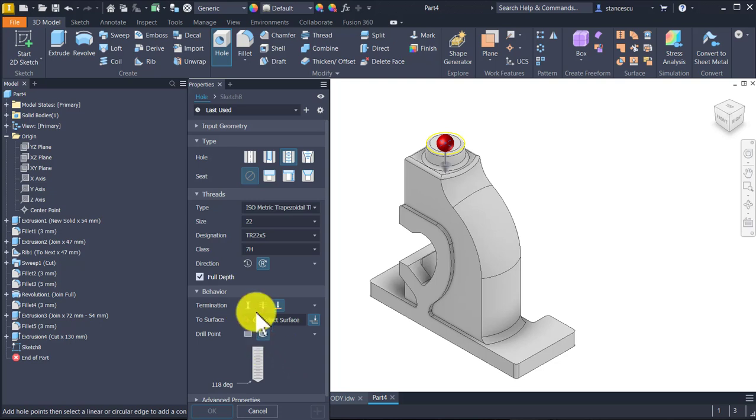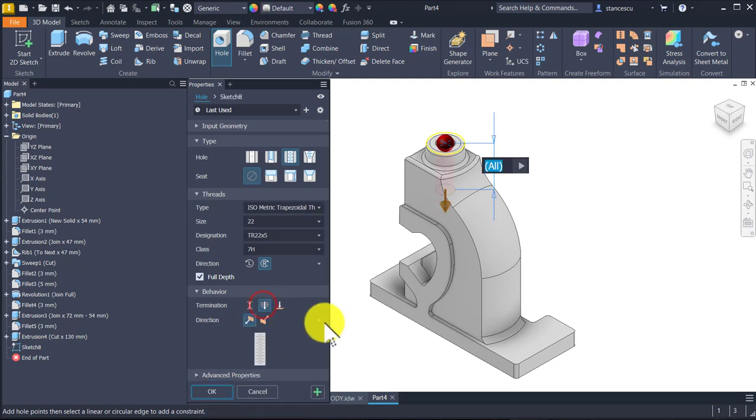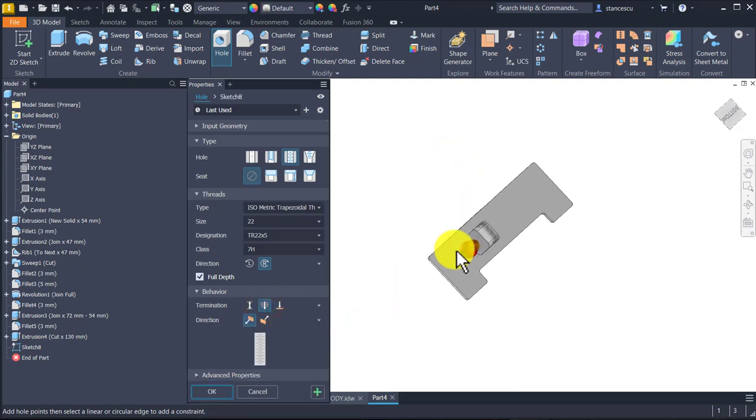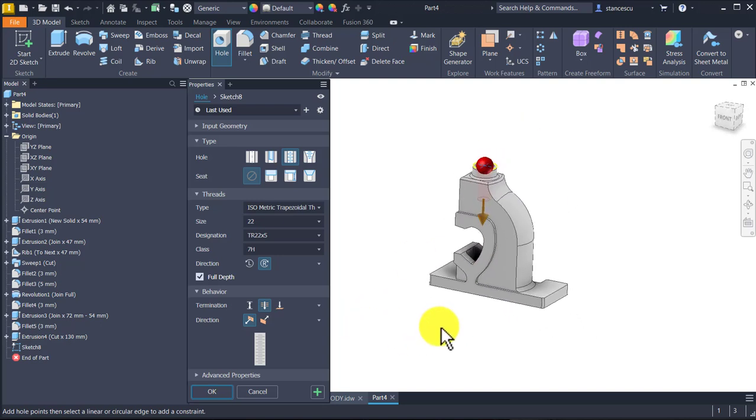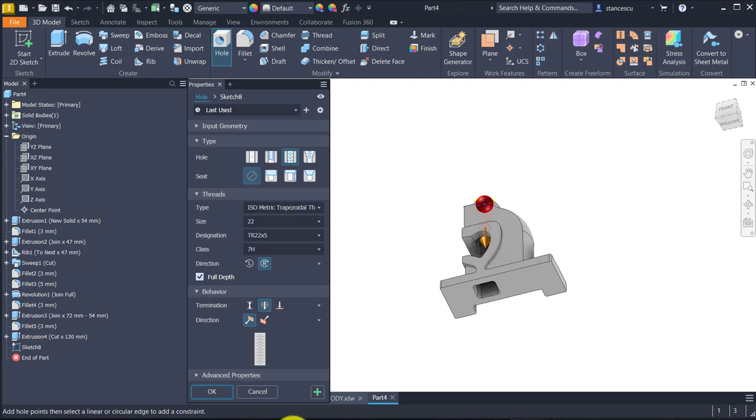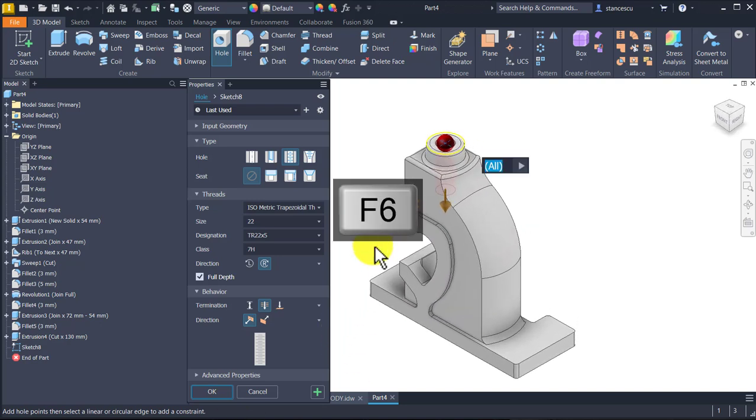And this is through. Yes, it goes through the part since we have that cut here. Okay,